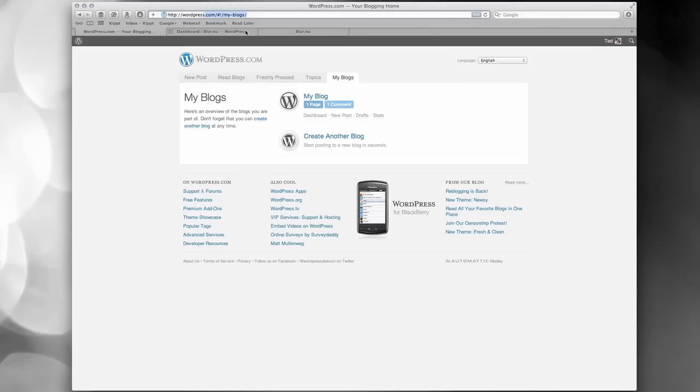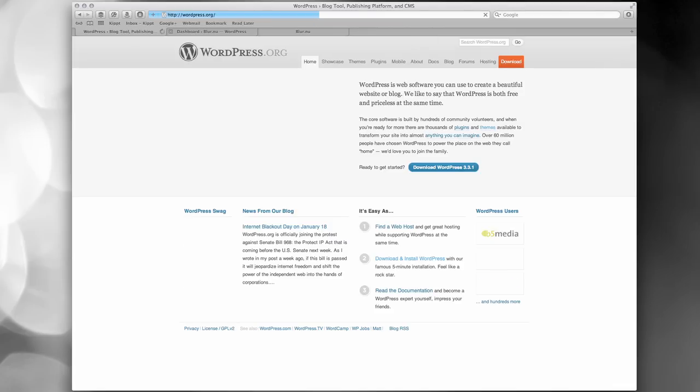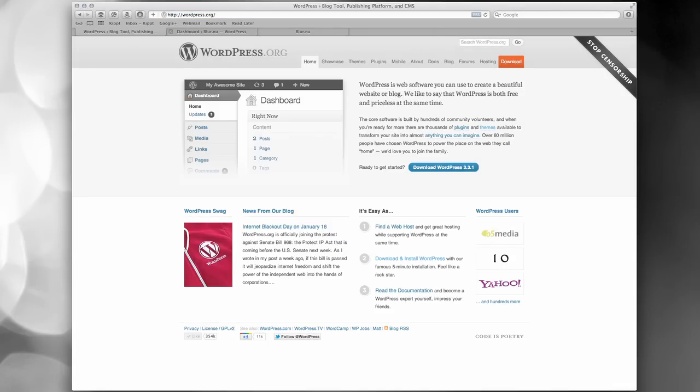If you go to WordPress.org, you can download the WordPress software and run it on your own server. Now, this does require a couple things. It requires a domain name, so you need to get yourname.com. It also requires a web host, so you need to contact a hosting company, whether that be somebody like GoDaddy that you register your name through, or somebody like Media Temple, who I use. There's a number of options, DreamHost, and others, but you do need a web host. You will download the software, there's a README file that gives you instructions, and you upload it to your web server.